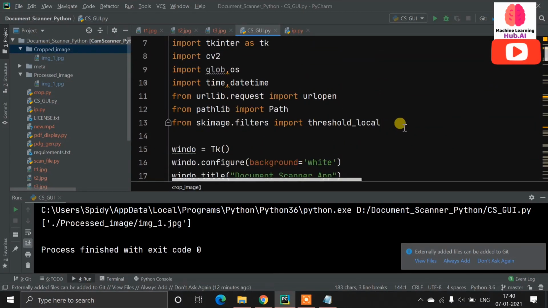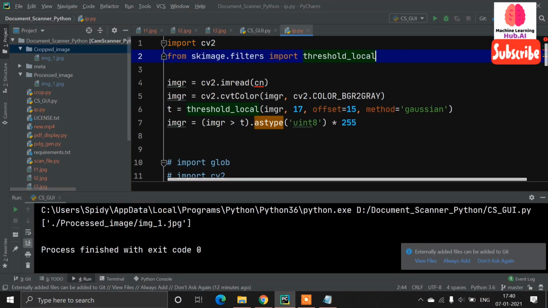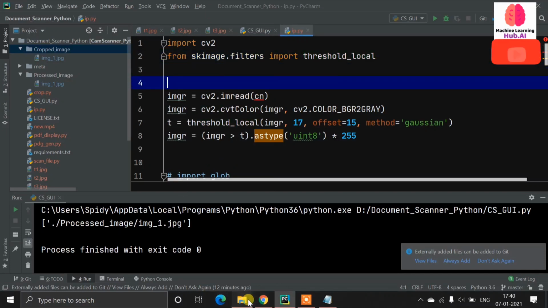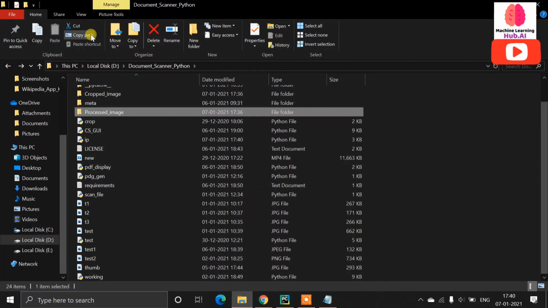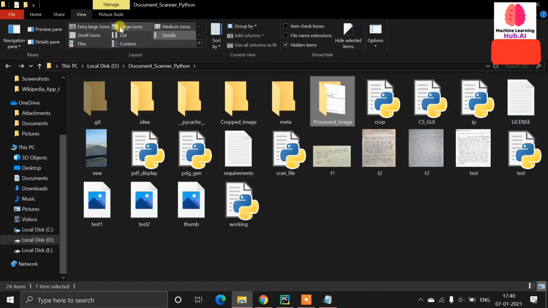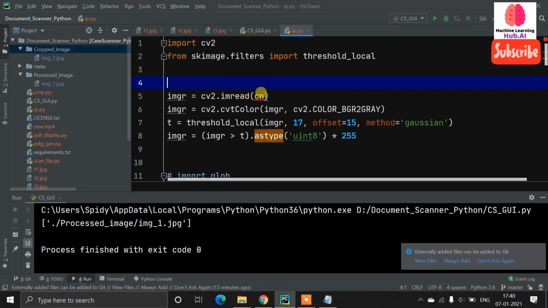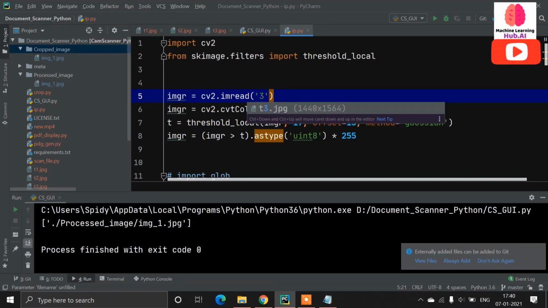So guys, we have used skimage filter. Basically this is the ready-made filter provided by skimage. You need to install skimage also. Now there is one image, wait a minute, how the scan image will look like. Okay, so there is one t3.jpg available. I am reading this t3.jpg,